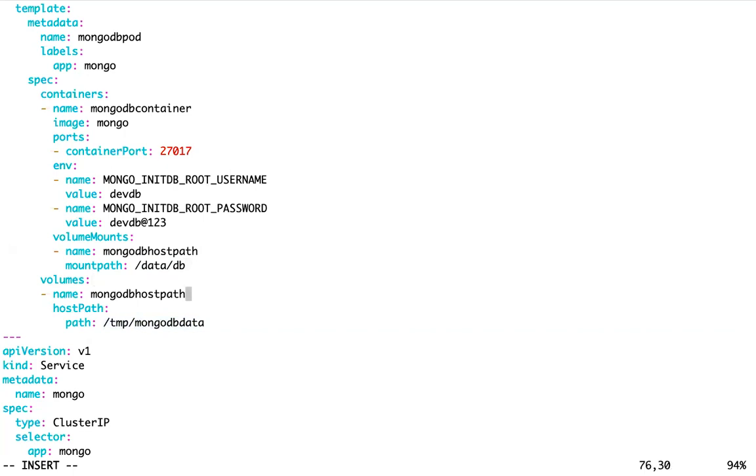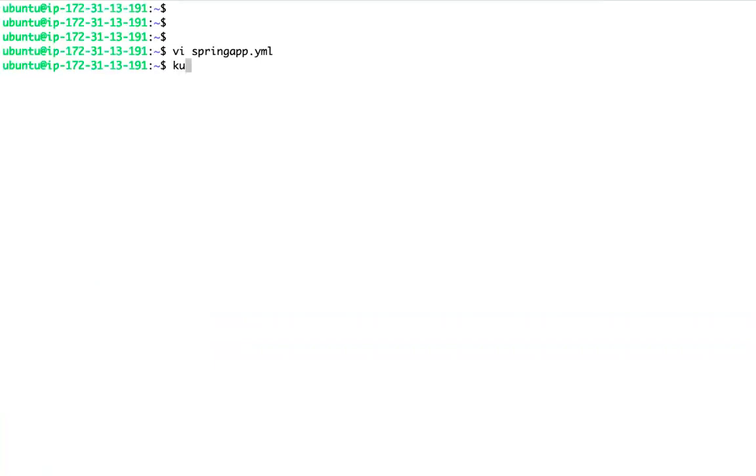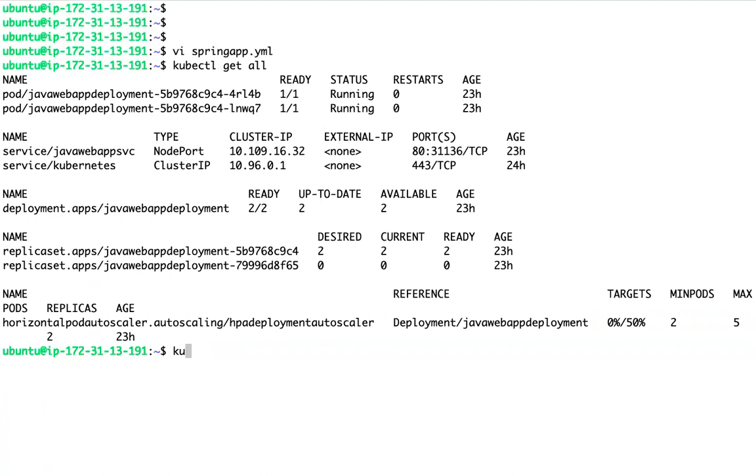So now let me schedule this. First, let me delete all the applications whatever I have, guys, because we have very few configuration servers. Again, I need not repeat. Suppose you want to scale your Spring application pods, the front end pods, based on the load. You need to create a deployment for that front end application, and if you want to scale based on the load, HPA, right?